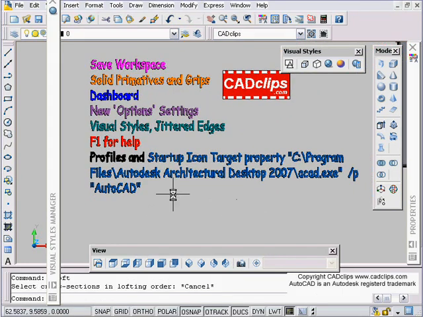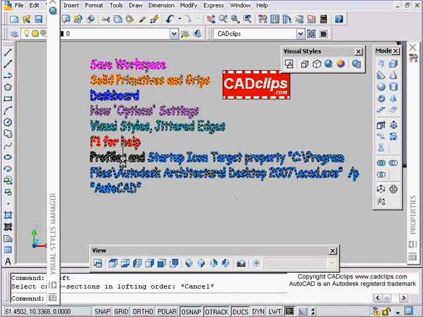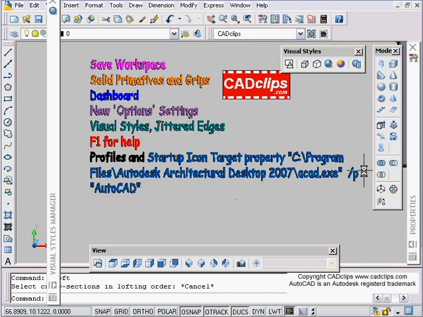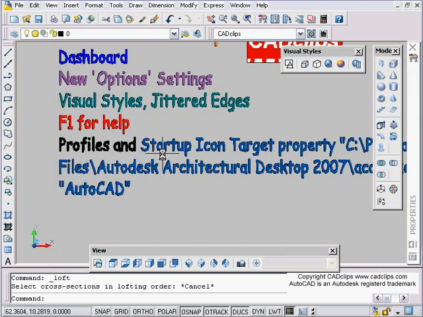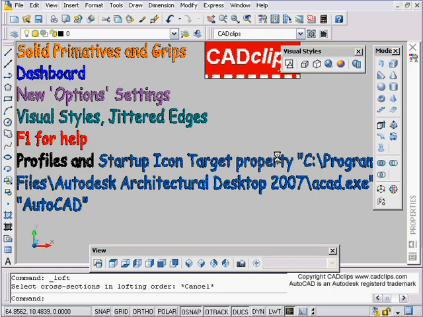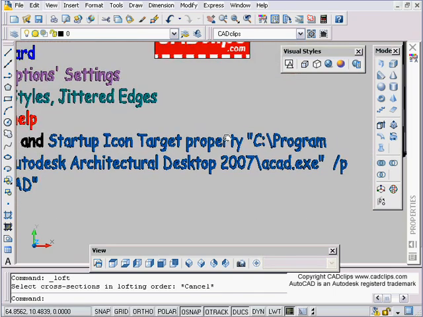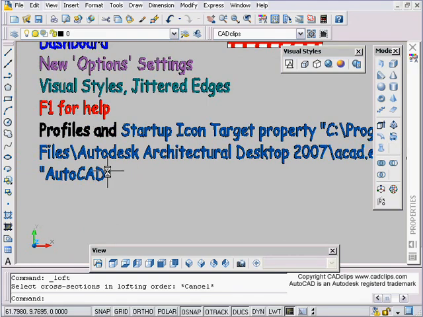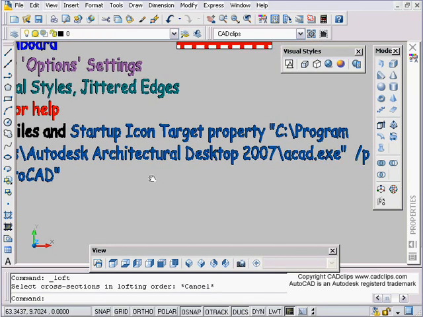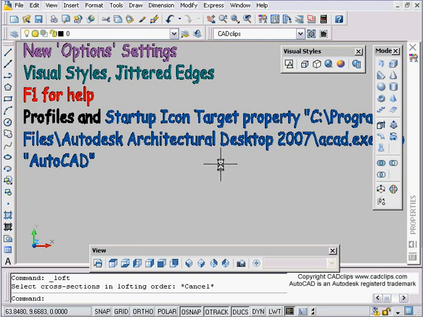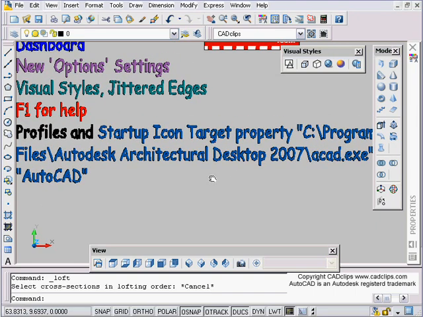Profiles and the startup icon. All I want to talk about here is an oldie but a goodie. When you start up your AutoCAD, and depending on whether you have Architectural Desktop or not, if you right click on your AutoCAD startup icon and go to the target field, you can place a /P, which loads a profile, and we put this in quotes. So if you have an AutoCAD profile saved, you can